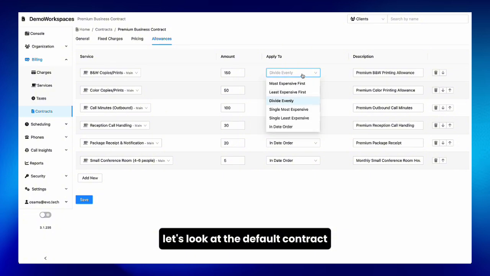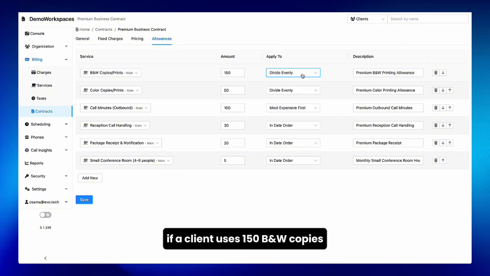Let's look at the default contract. 100 free B&W copies per month. Applies least expensive first. 60 free outbound call minutes. Applies most expensive first. 20 free reception call handling. Applies in date order. If a client uses 150 B&W copies, they get the first 100 free, then pay for